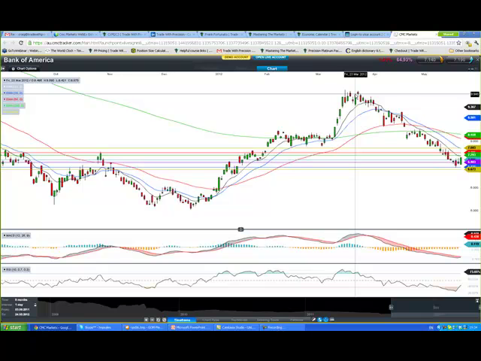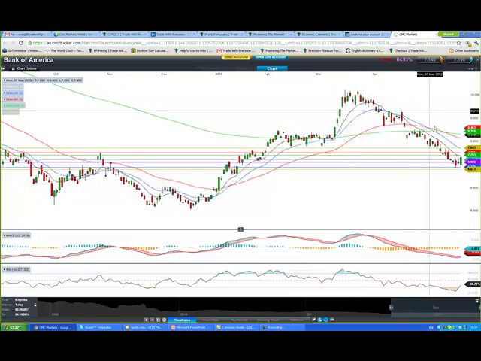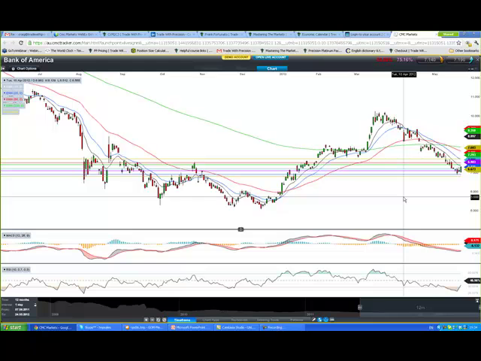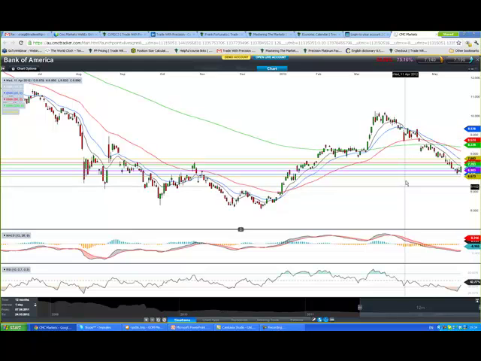What I need is a good flowing chart. I need a chart that's not full of really big gaps. This one's not too bad. Bank of America, sure, there are some gaps, but they're not out of control. And I need to see something with optimal chart structure, basically meaning a good trend. Now let's have a look here.